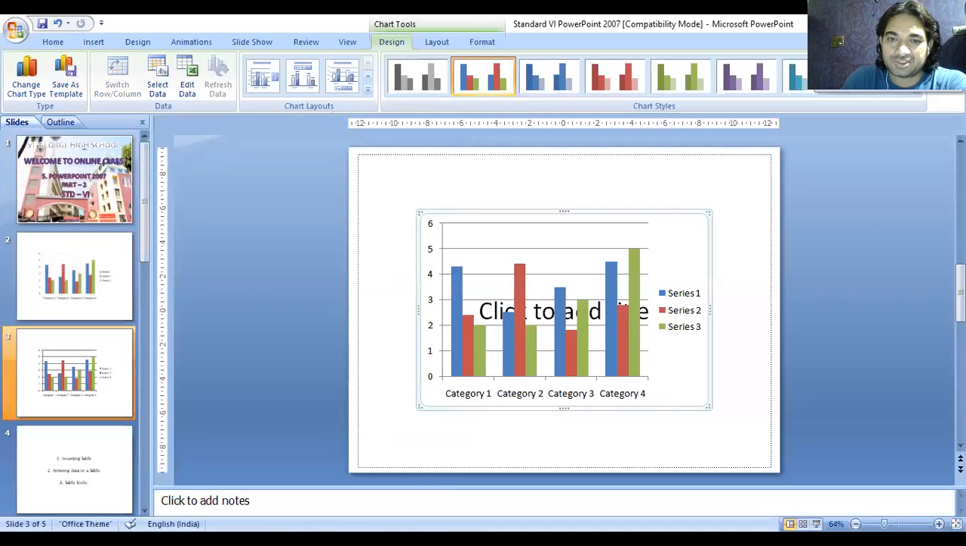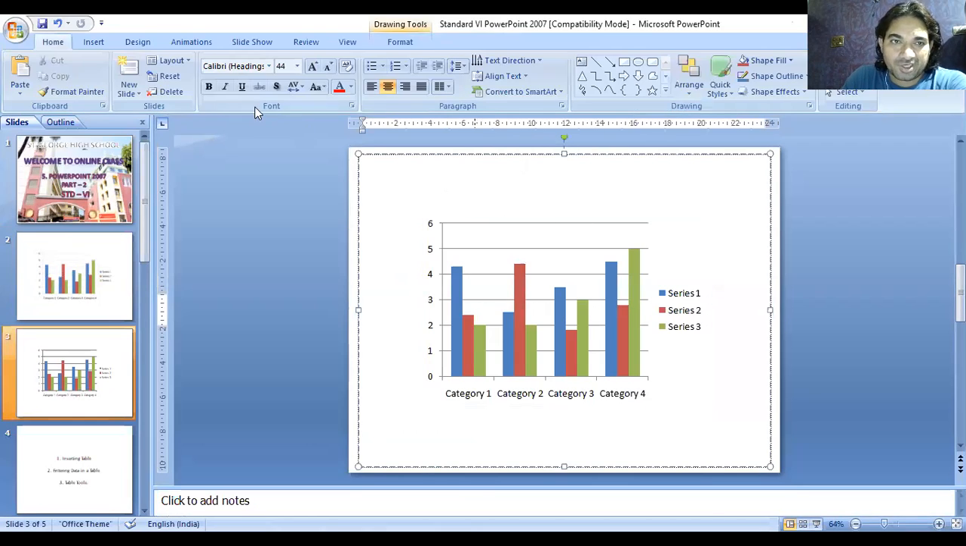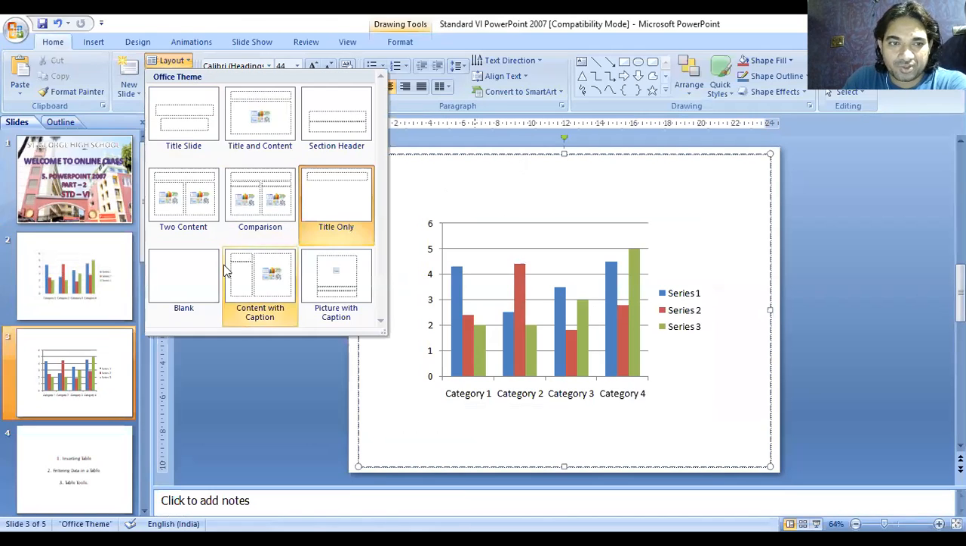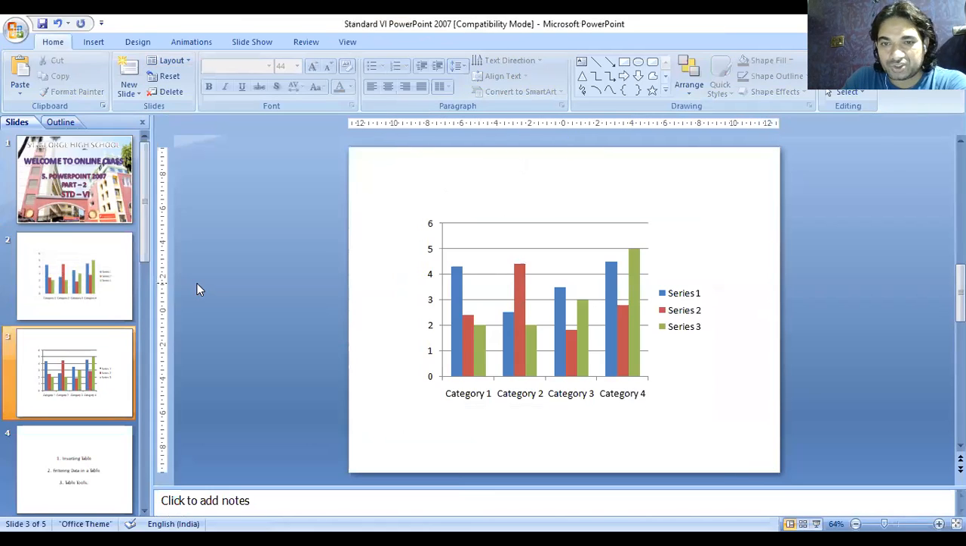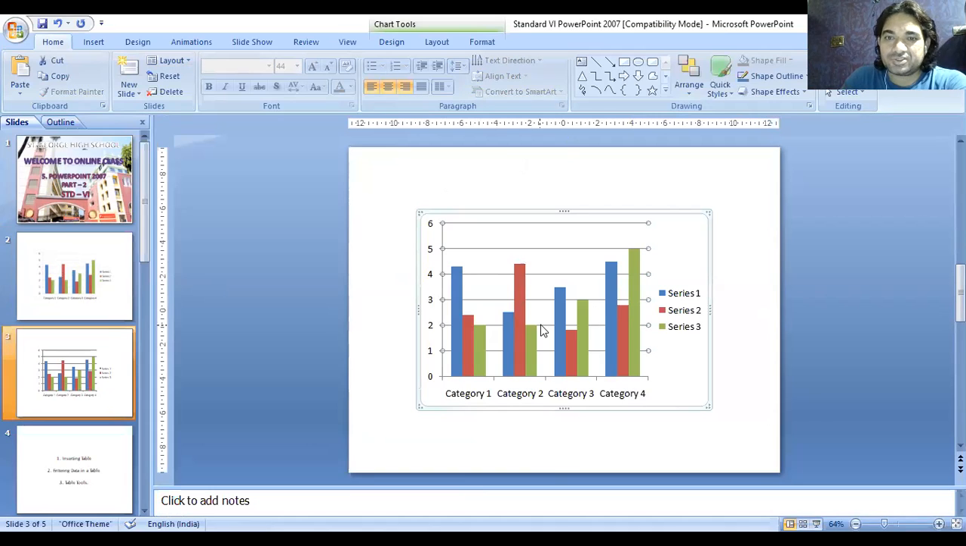Now can you see this? It's quite easy to see, right? You can see the add option showing there. If you want, you can change this one: click on layout and you can go for blank. Can you see it has gone? Now once I click on this chart,